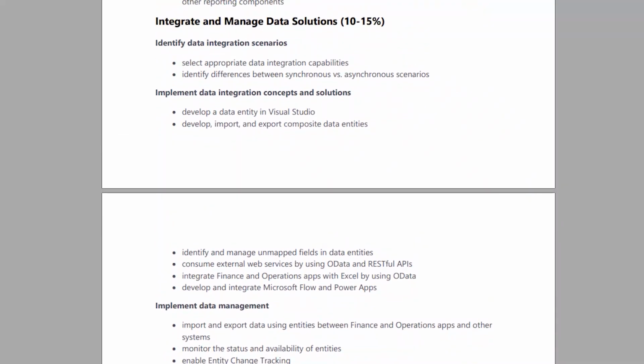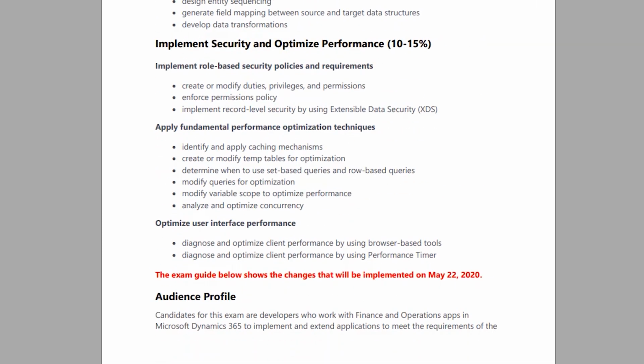And data solutions over here, doing some data integrations, things like that. It touches at a high level. On this particular scoping, you see data entities, things like that. I would say one of the biggest things is OData, and BYOD versus entity for performance. That's pretty big. I think one of the biggest things in this particular exam, if you just had to ask me, is that it really has a good scope of almost everything. It's not necessarily deep in anything, but it covers everything. Whereas the last ones would typically cover far less on the topics and go more into delving into traditional X++. Whereas this one's recognizing the role of a developer and being able to have multiple different